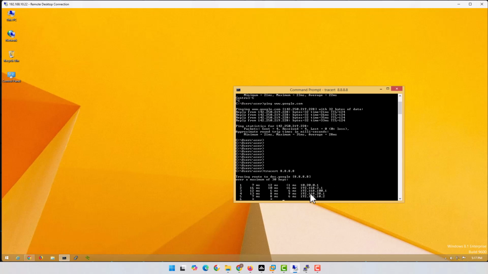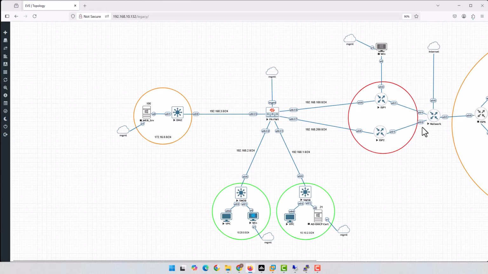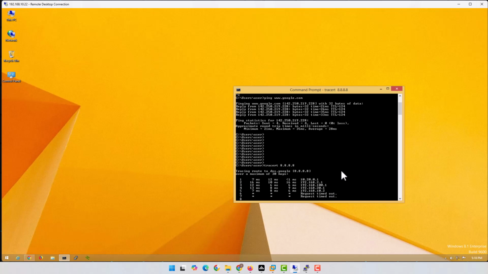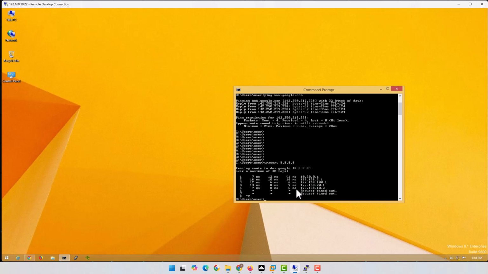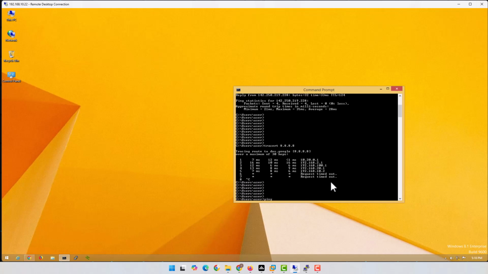Then it's going, of course, to this network router, and also it goes to the internet. And because I have so many firewalls configured here in my lab, it's not tracing those firewalls. Okay, it's enough that we know the route is going through this ISP1. Now let's put a continuous ping here,